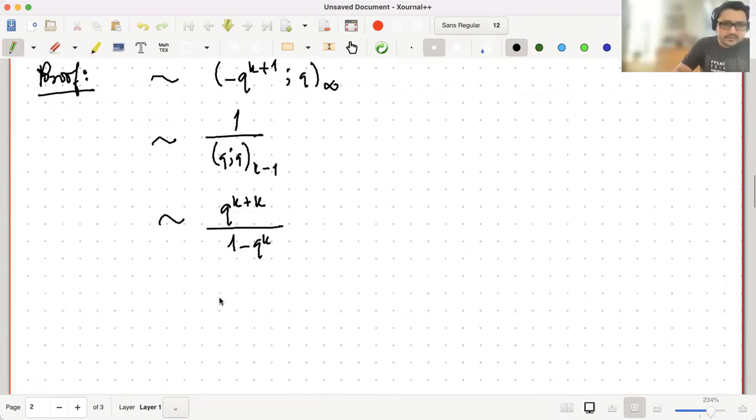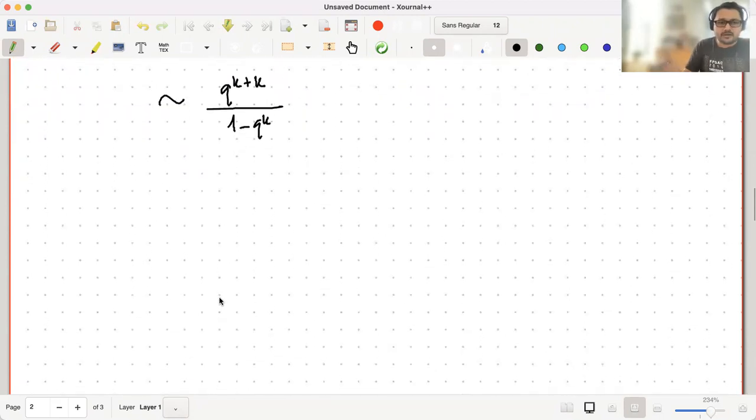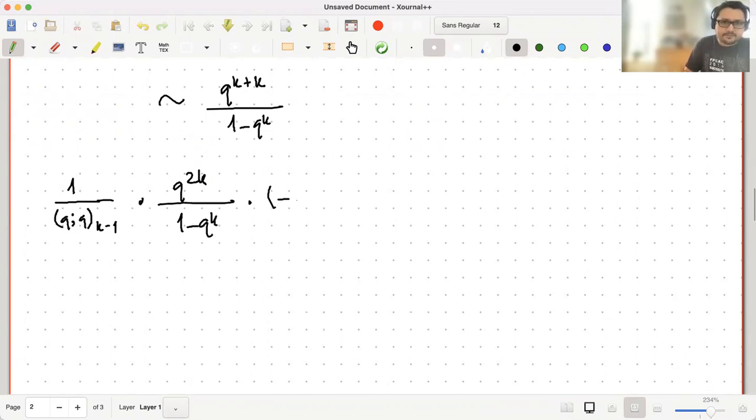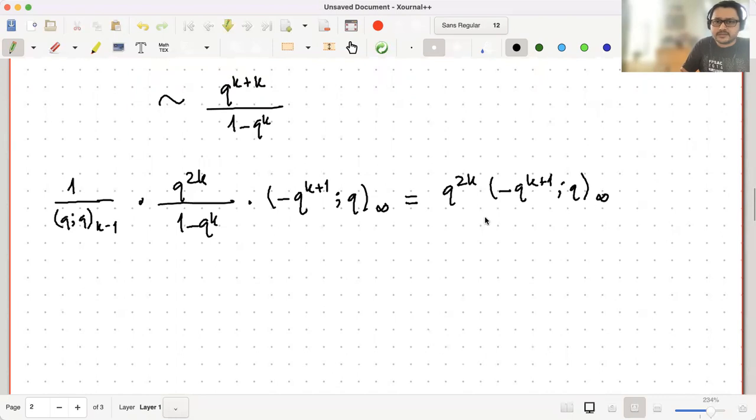Okay. So that means the generating function for partitions where the largest repeated part is k is now just a product of all these three quantities. So this is for the parts smaller than k. Then this is for the part which is equal to k. And this is for the parts which are greater than k. Okay. And this is now equal to